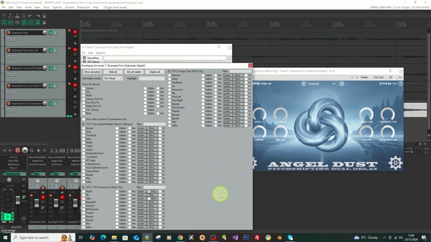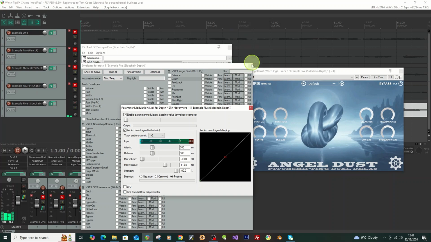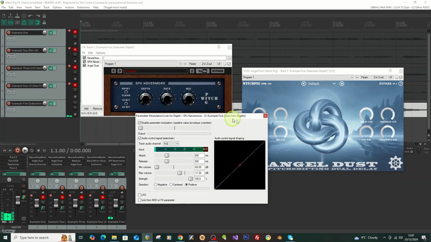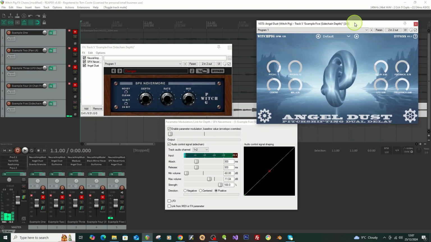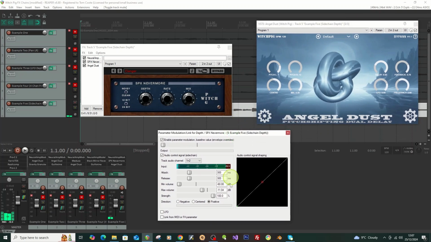So where's it gone? Here. So I click on here, and you'll notice on here, I'll move these up. And I'm doing this in a different way. So the LFO isn't selected, but what I've selected on this one is to